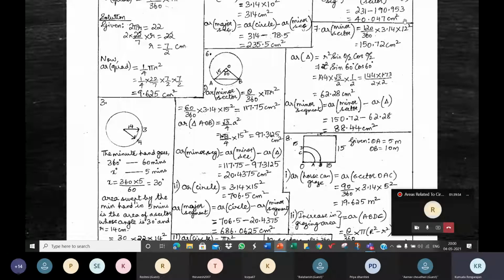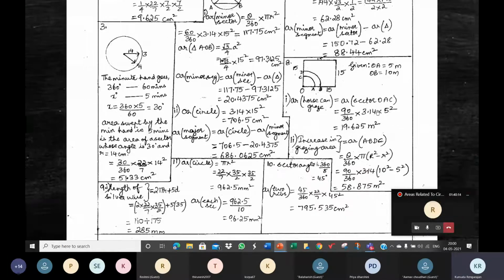Children, I hope you went through the 7th answer. Please ask me. Some of them are active, many of them are not. Are we following, children, the 7th one? Yes, ma'am. All right, okay, children. Moving on. See the 8th one here. See answer 8 here, children. This is the 8th answer.